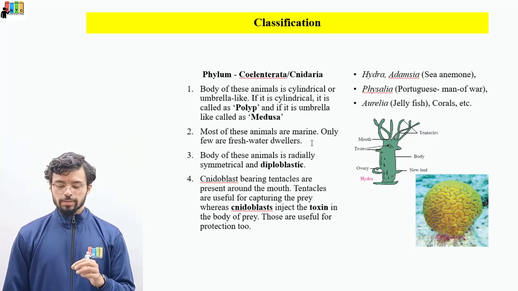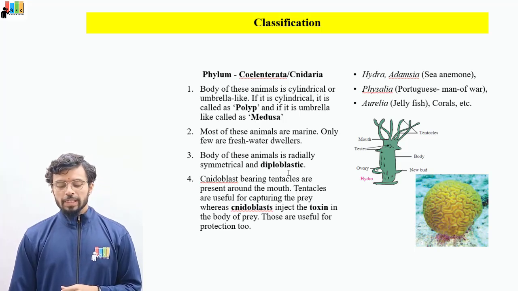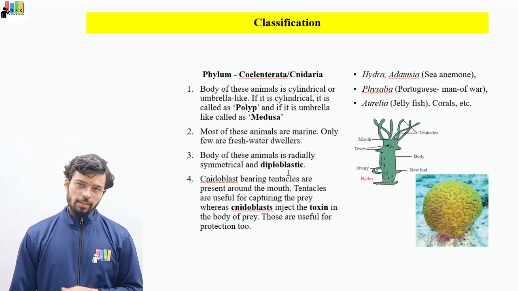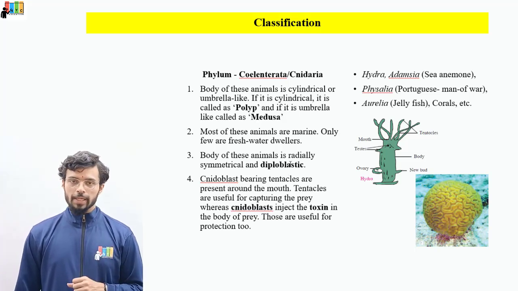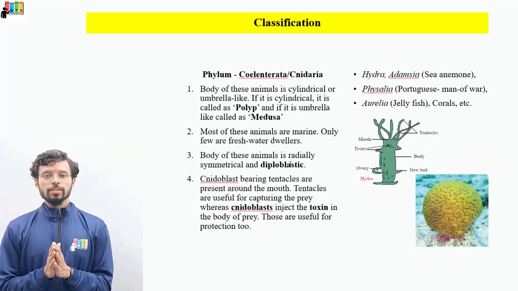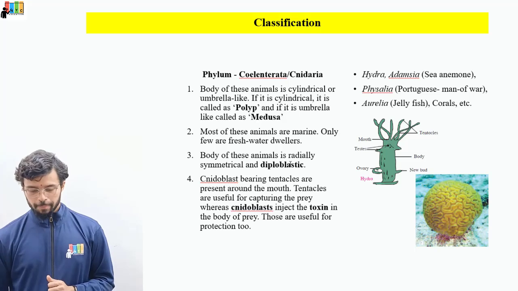Most of them are marine, and only a few of them are freshwater. Body of these animals is radially symmetrical. I have already told you what is radial symmetry, and they are diploblastic, which means they will have two layers. Tell me which ones, the endoderm and the ectoderm. The mesoderm is not there. So they are